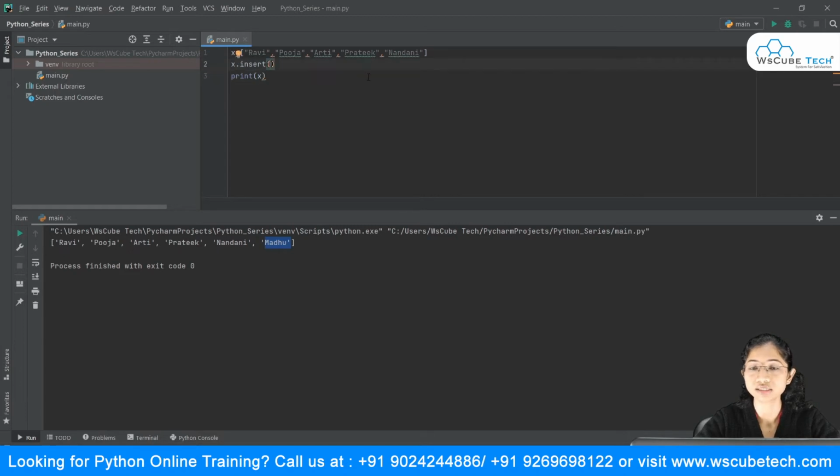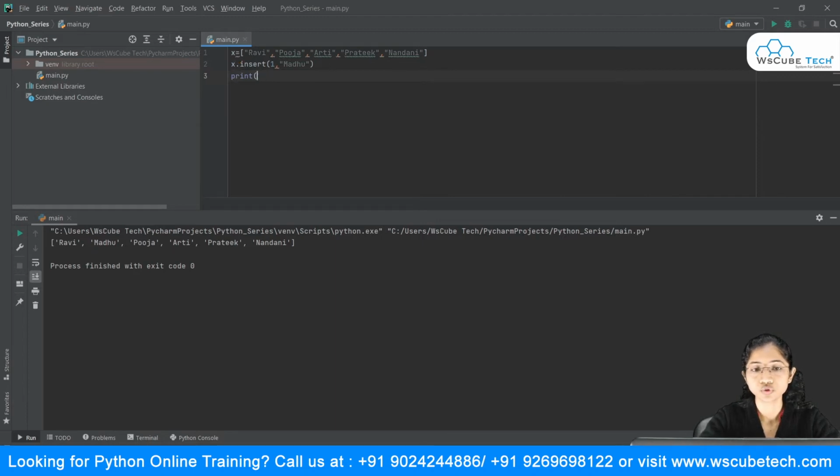Suppose I want to insert after Ravi. Ravi is at 0 and I want to insert at 1. So I'm going to say 1 comma Madhu, and now I'm going to just print my x. You can see here it says Ravi, Madhu, Pooja, and so this was about extend, then append and insert.